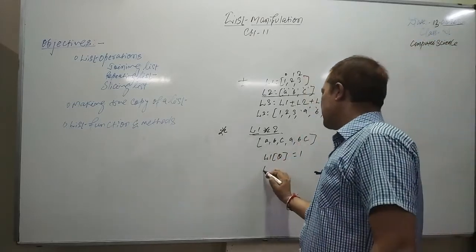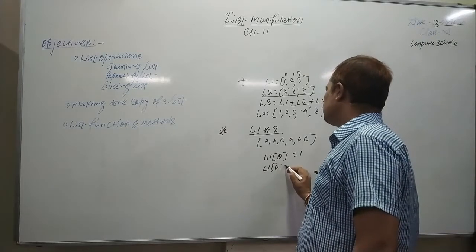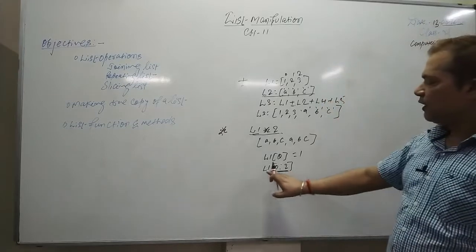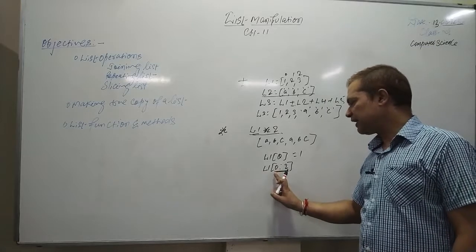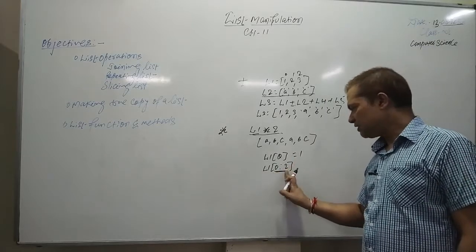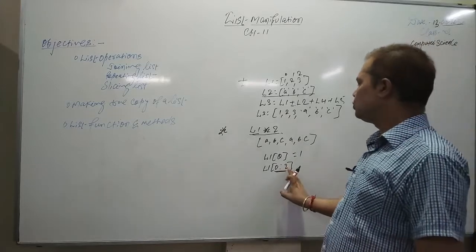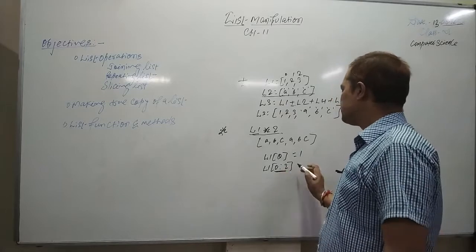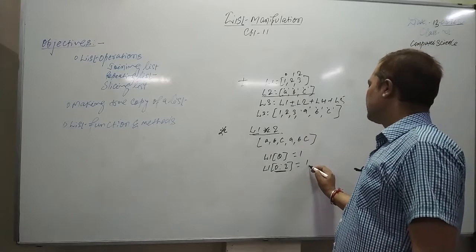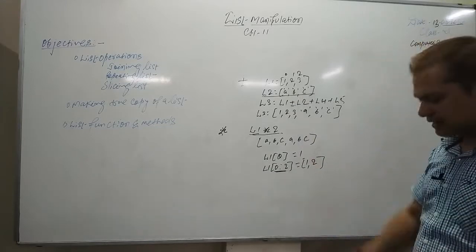You can also say L1 and then mention the range, suppose 0 : 2. Once you mention the range as a slice for any list, it will start from the starting index, and it will go up to one minus the last index you mentioned. So it will show you index 0 and 1, that is the two elements. The output will be, if L1 has 1, 2, 3, you will get 1, 2 as output. So this is how you can slice it.